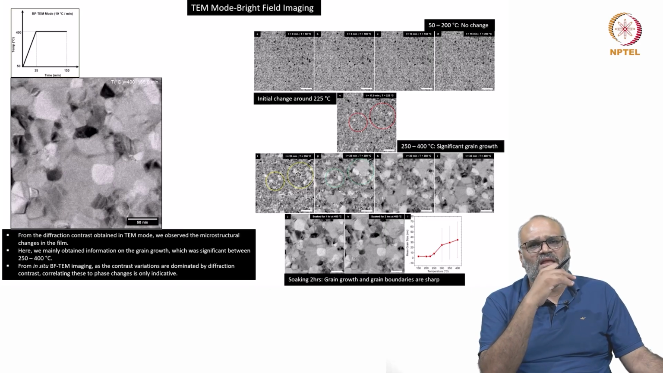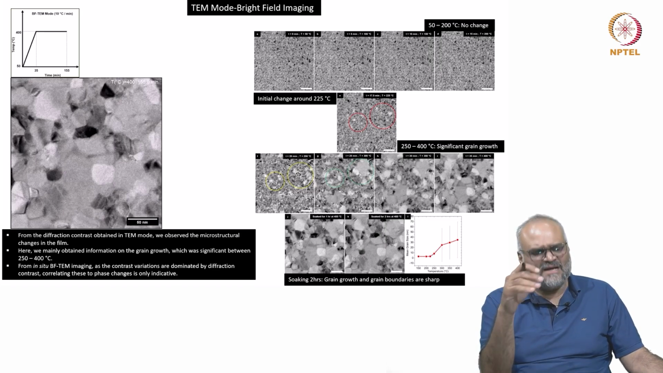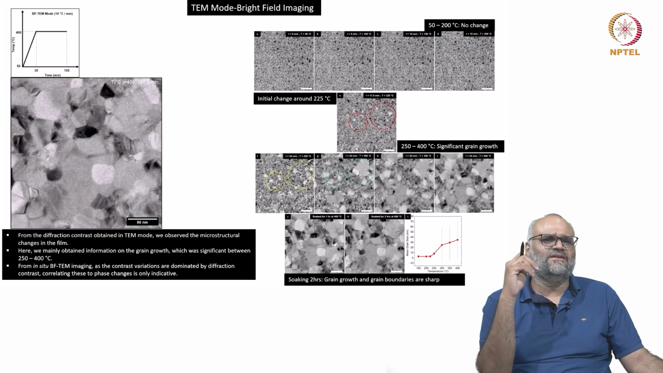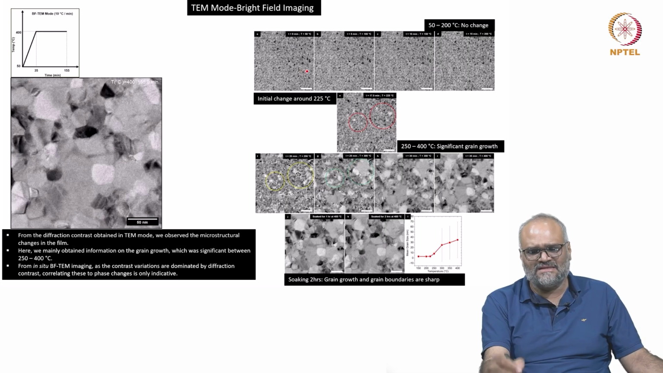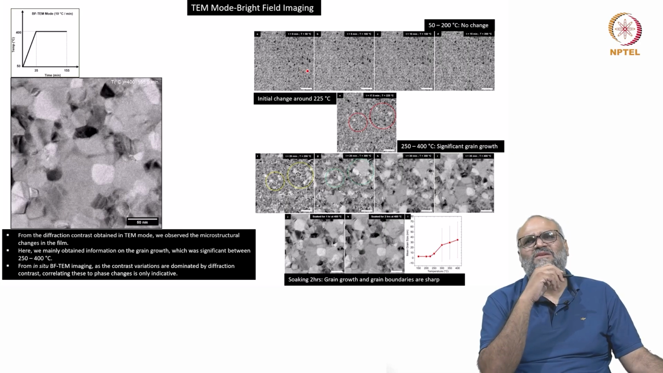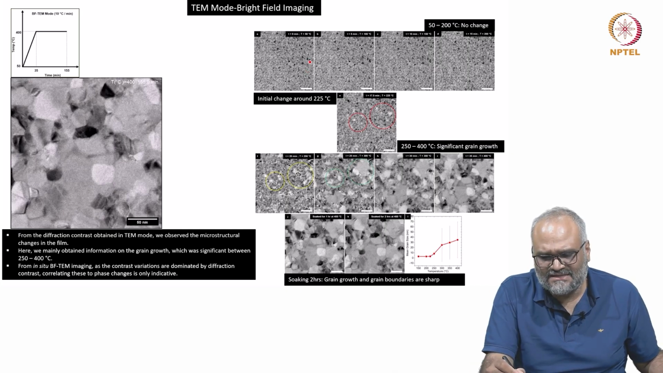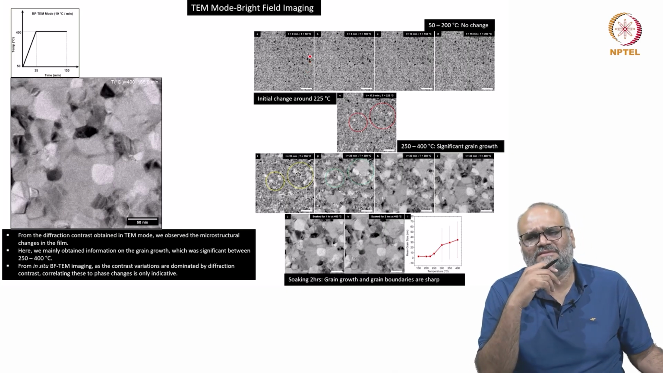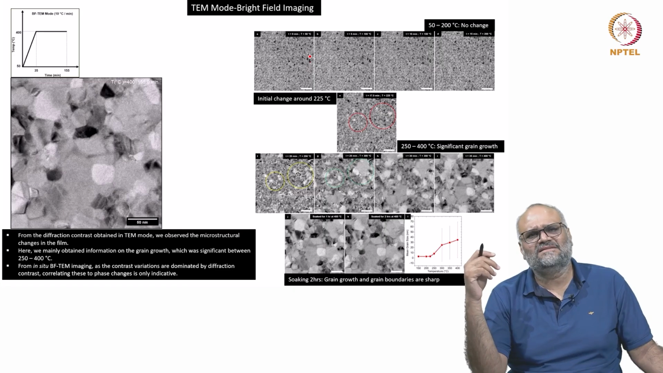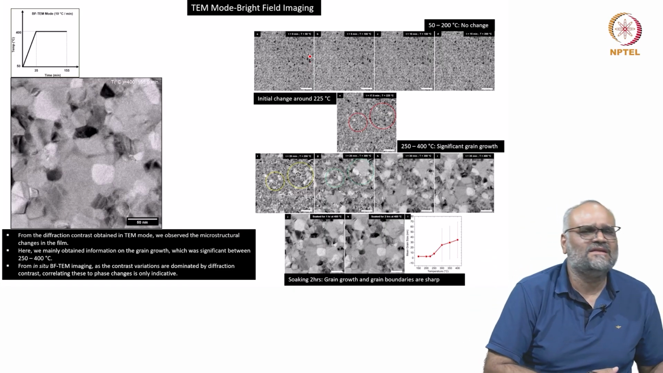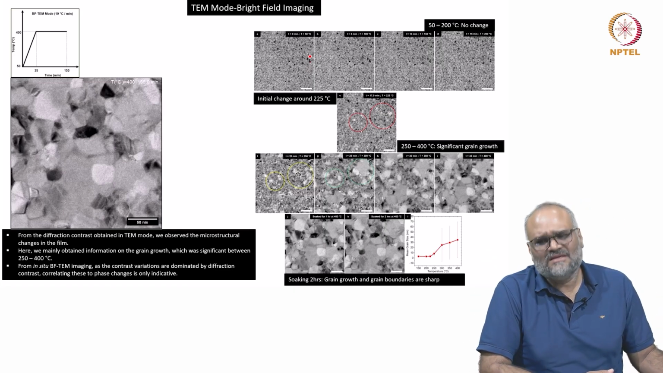and there is no significant grain growth between 250 to 400, and you are looking at bright field mode, and it is predominantly dominated by diffraction contrast. So within this low temperature range, between 50 to 200, you cannot distinguish whether there is some compositional variation here. So in order to understand this, you have to use other complementary modes, and for this we did imaging in